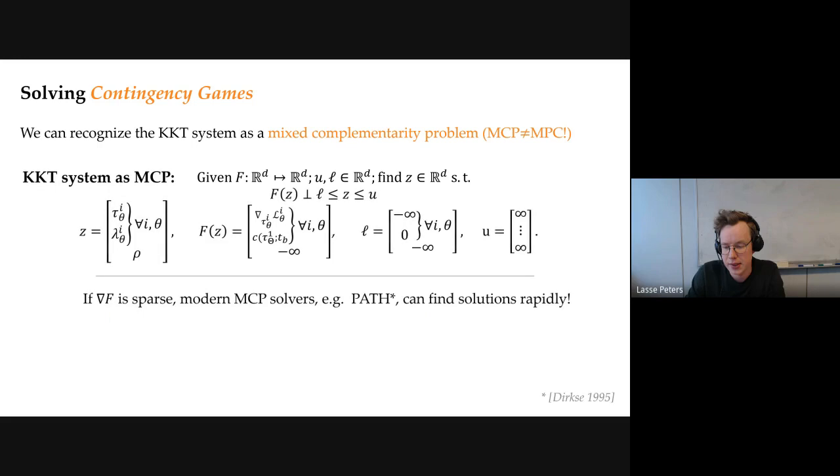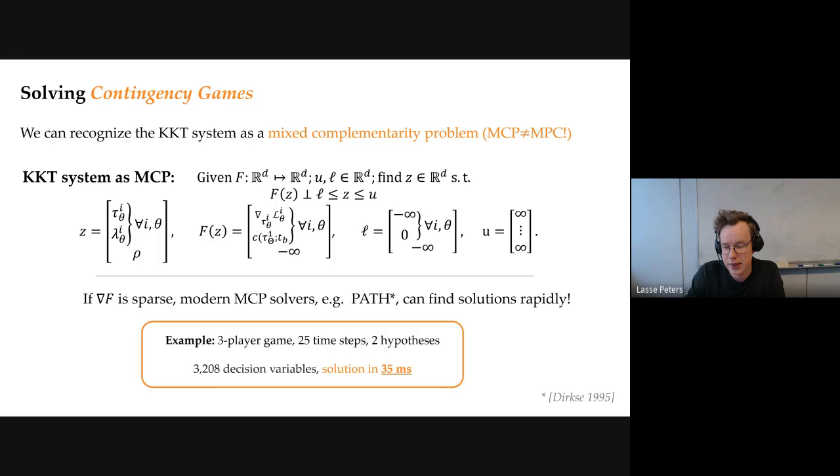Okay, so with this in place, the nice thing is that if f is sparse, if the gradient of f is sparse, then modern MCP solvers, in particular, I'd like to highlight the PATH solver by Stephen Dirkse and co-authors, can find solutions to these mixed complementarity problems quite rapidly. And the nice thing is that, especially in multi-agent settings where dynamics of different players typically are separable, meaning that we have our own vehicle and someone else has their own dynamics, this sparsity is quite pronounced. And so even though the worst case complexity of solving these problems is quite bad, in practice it's not all that